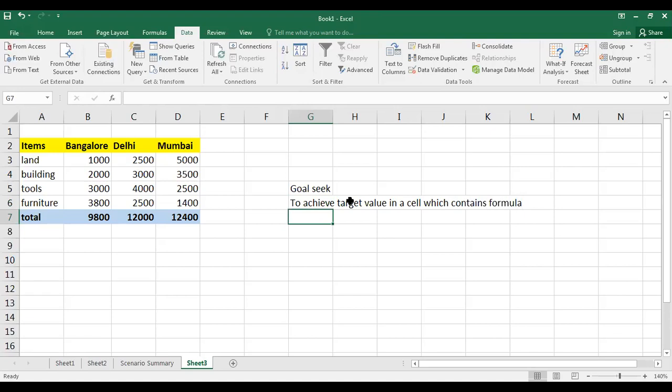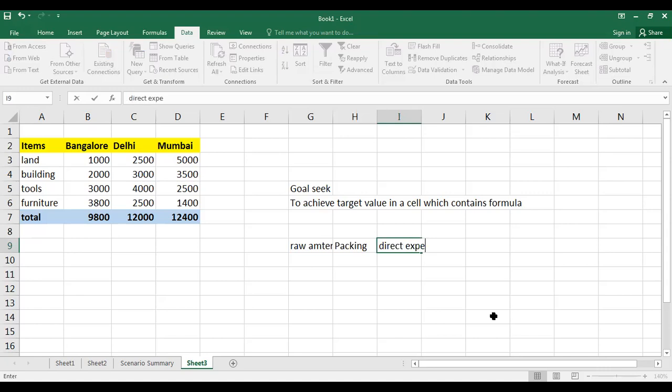So you can try to get a value. For example, how much I'm going to invest in raw material, how much I will invest for packing the product, and what are the direct expenses we are incurring. So now what will be the total cost?